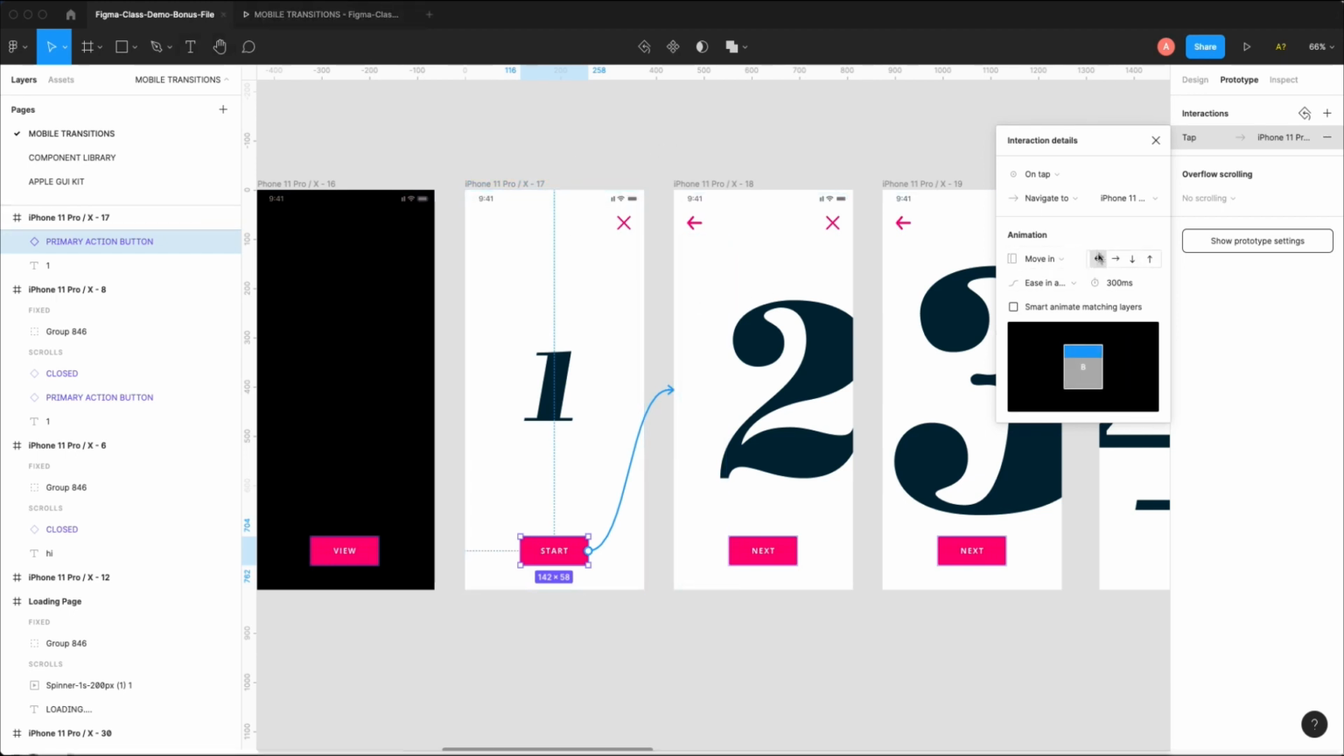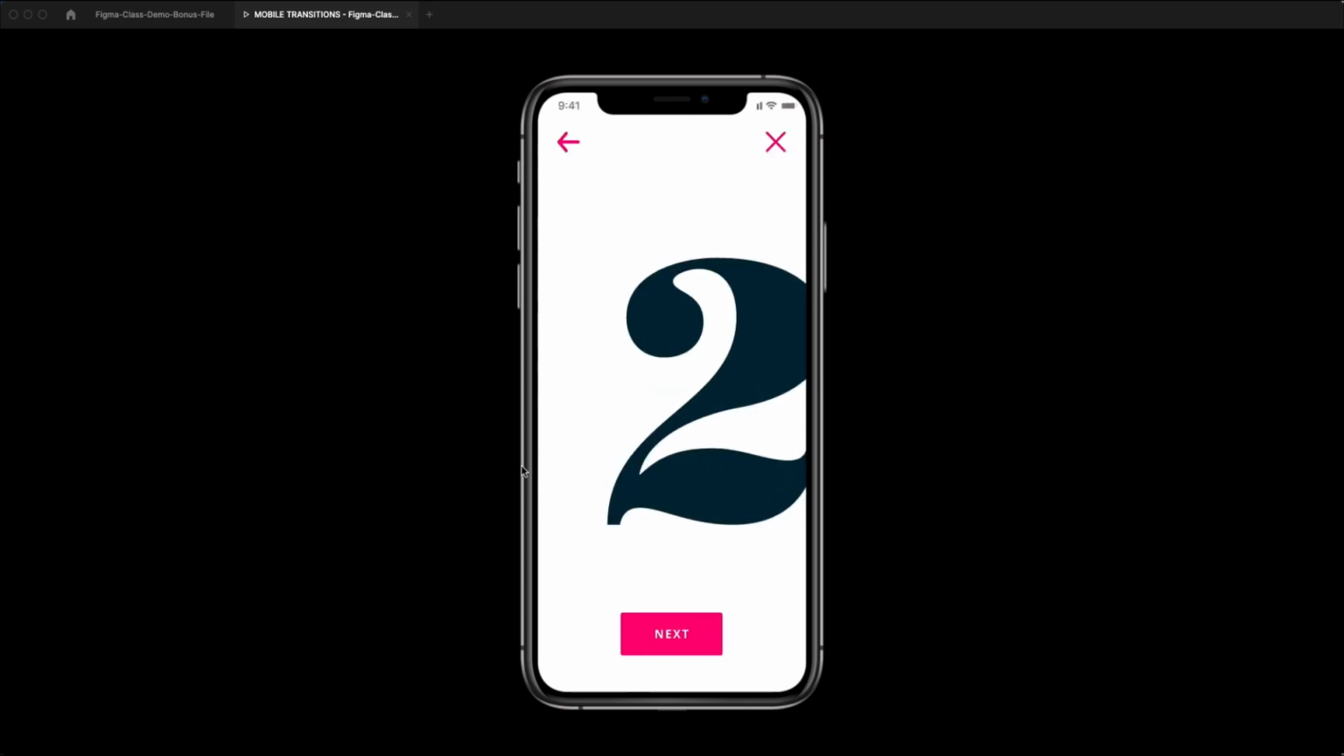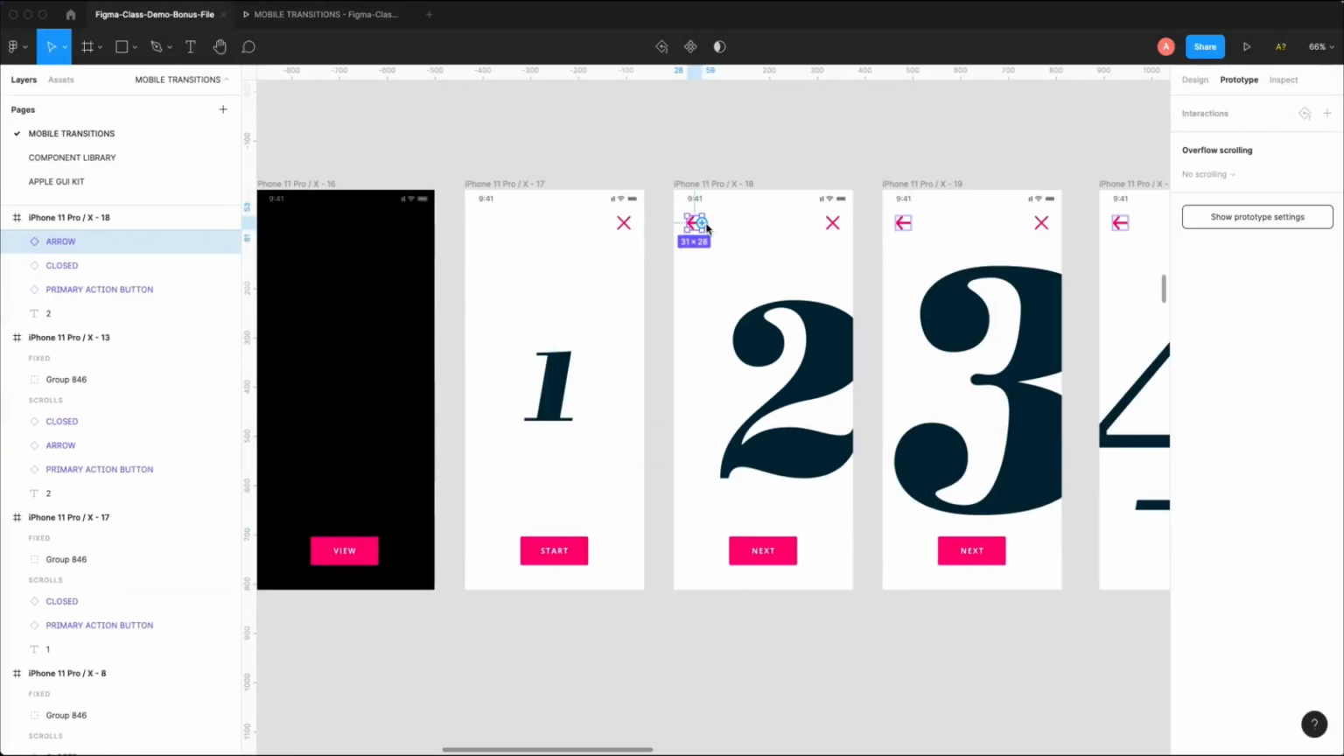And you can see move in. And we have the left here. And let's go look at that. So we got view. Going to start this prototype, and the 2 slides in from the left. Very nice. Okay, and then same deal, let's go grab the back button here, and let's drag it over to